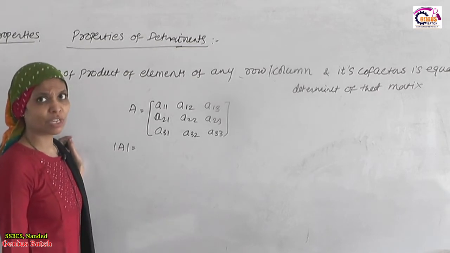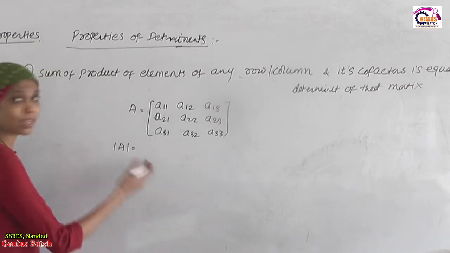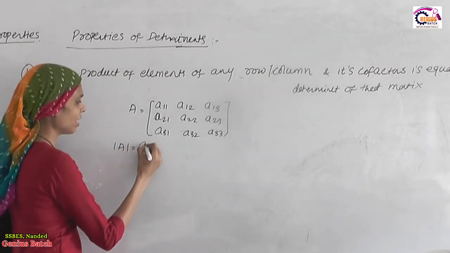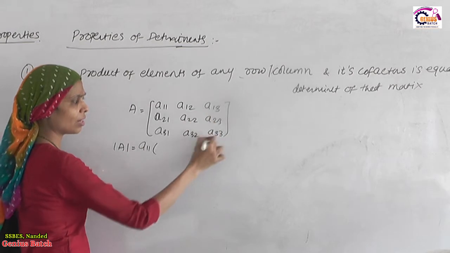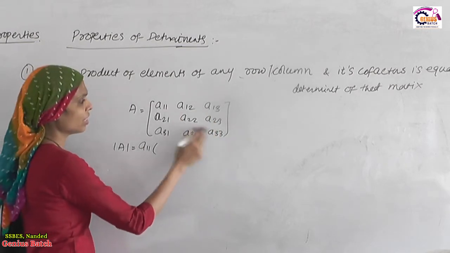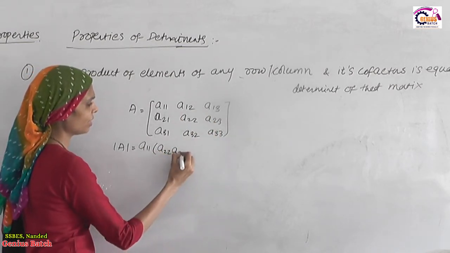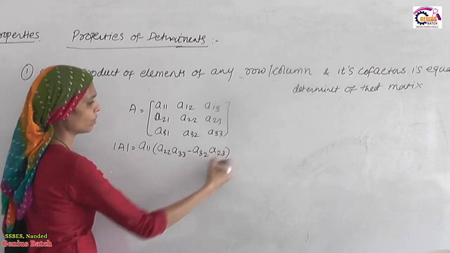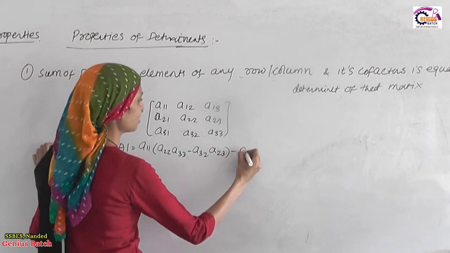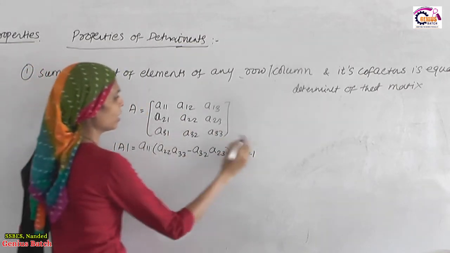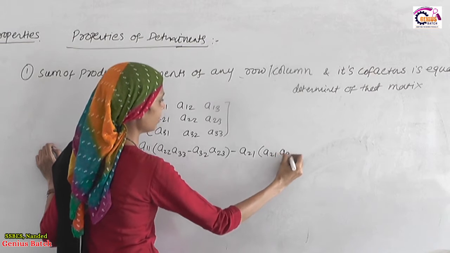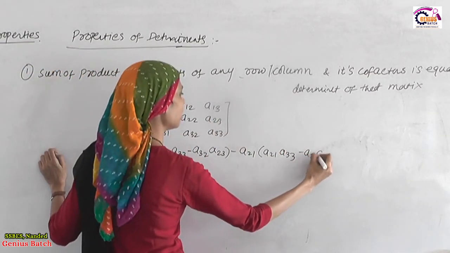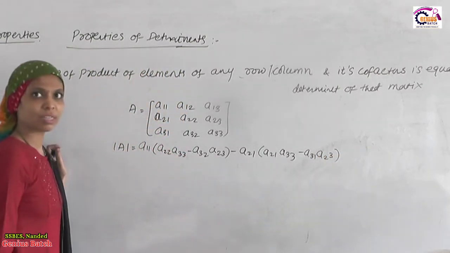We discussed the expansion of order 3 in the last video. Determinant A will be A11 into (A22 A33 minus A32 A23), minus A12 into (A21 A33 minus A31 A23),